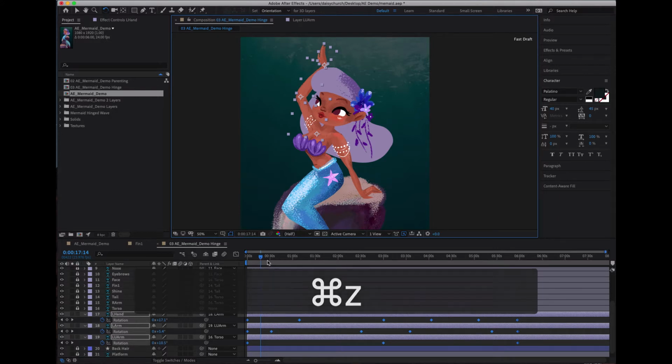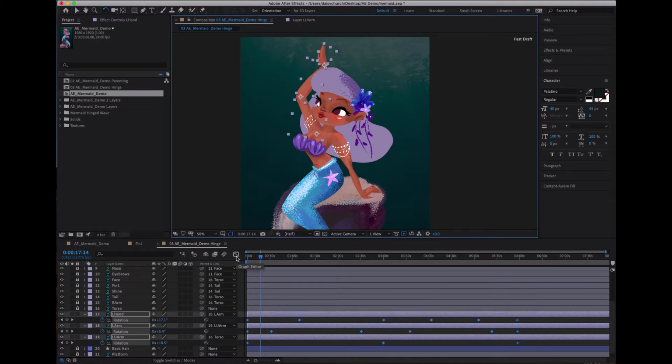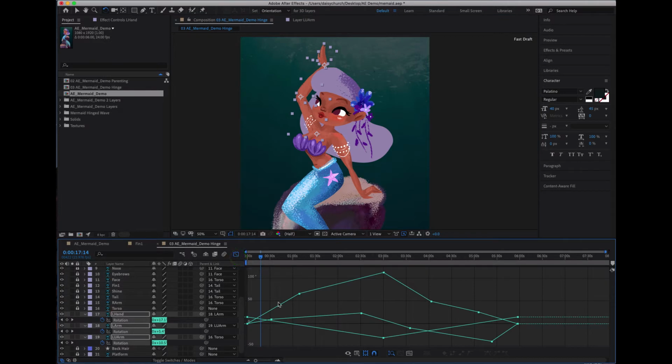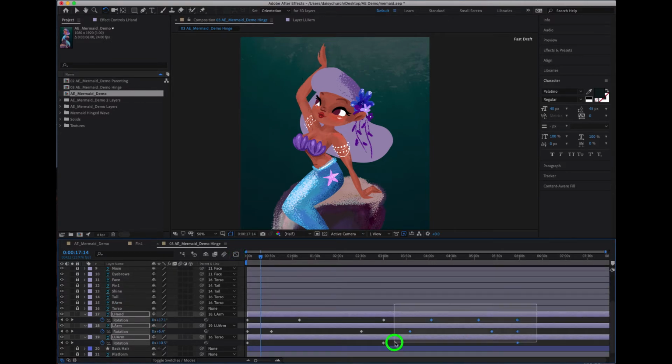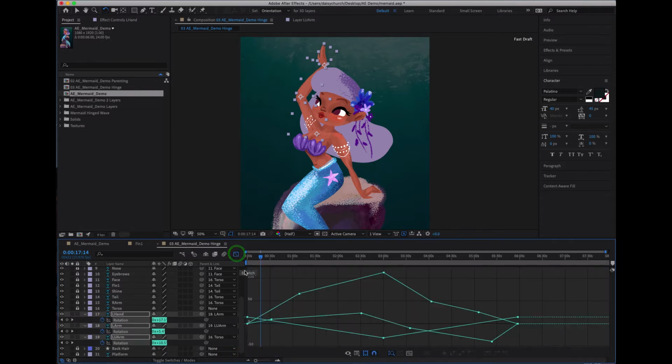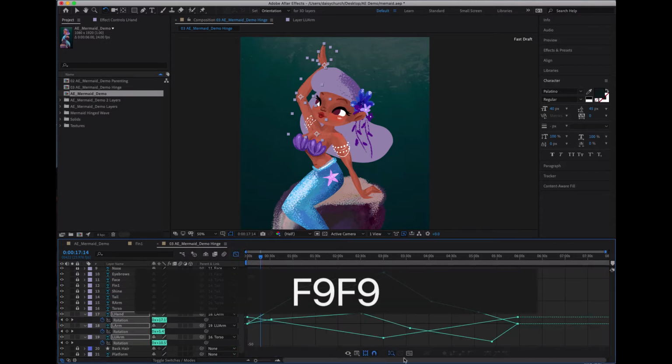The third option is using the graph editor. So the graph editor is right here, it looks like a graph right above your timeline, and if you click on it, it will bring up basically a graph of the movement. So this is what it looks like without any ease on it. Again, if I hit F9, or let me make sure that everything is selected. Nothing is selected, so if I select all my keyframes and go to my graph editor and then hit F9,